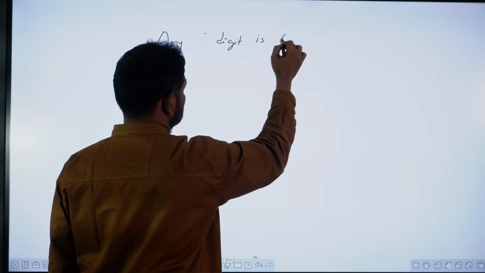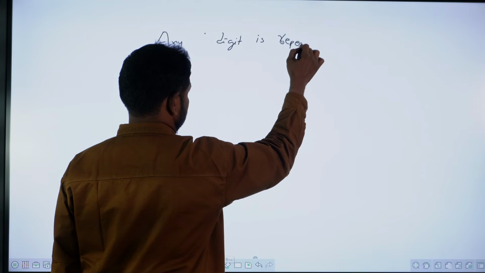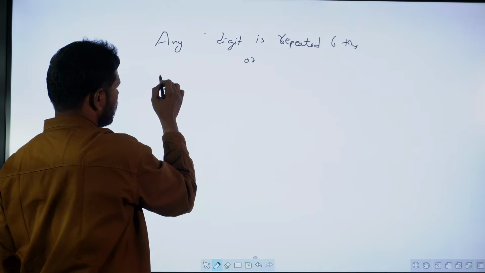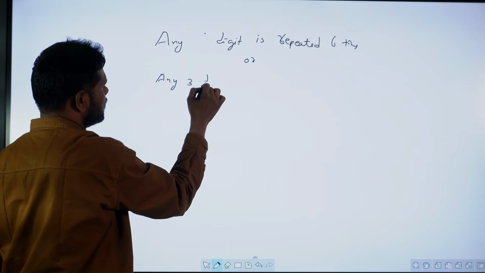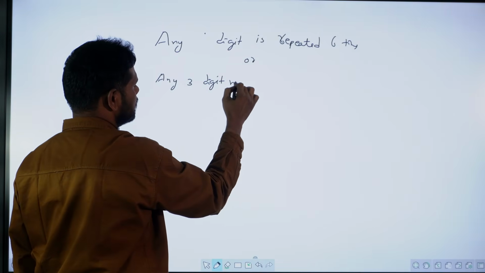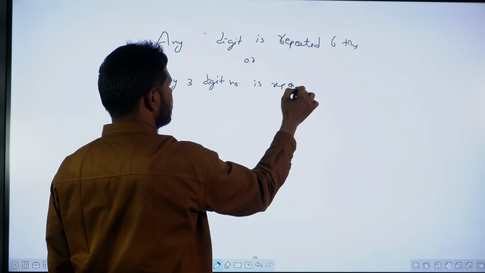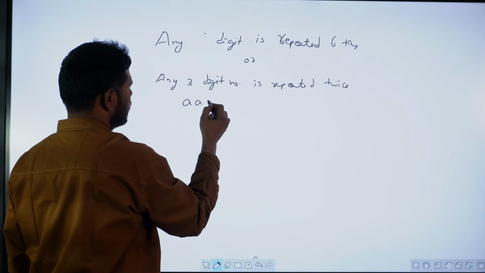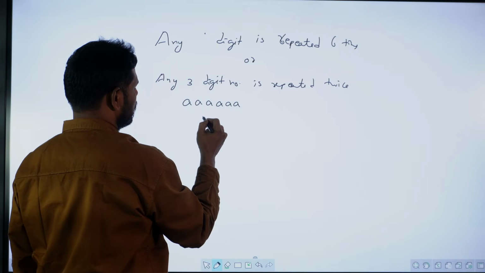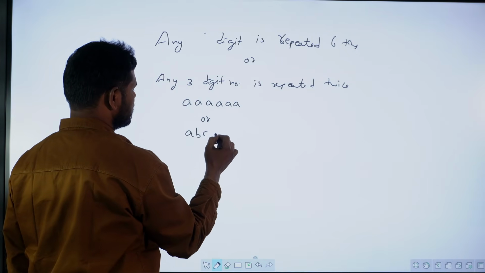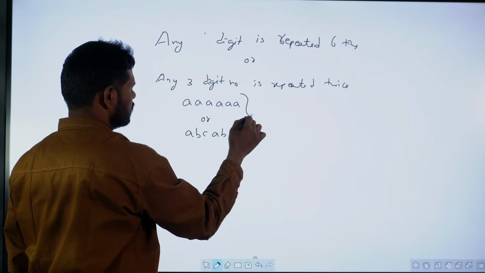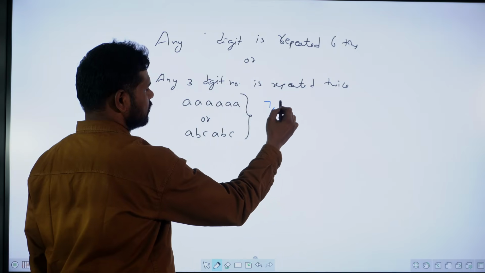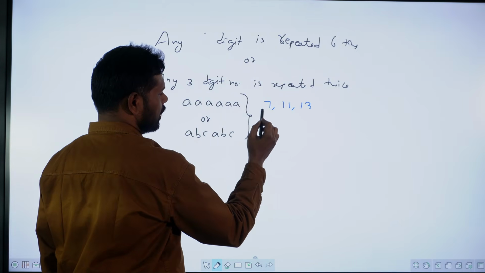Any digit repeated 6 times, or any 3-digit number repeated twice, like ABC, ABC. For this type of numbers, all the numbers are divisible by 7, 11, 13, and multiples of